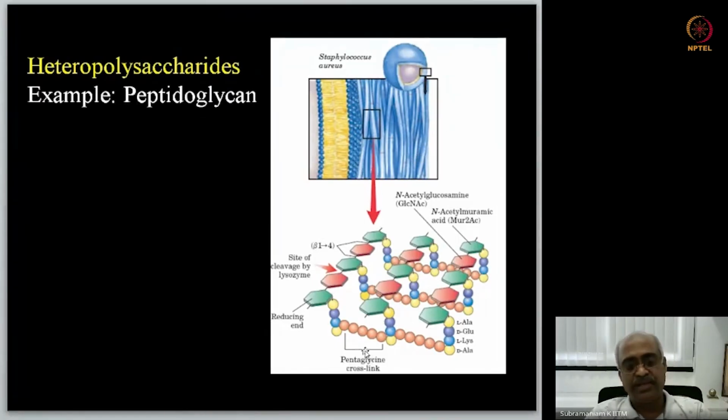In gram-negative bacteria, instead of pentaglycine, these amino acids are directly joined, like this alanine is joined either to the lysine or to alanine, and so on. So this is one of the important heteropolysaccharides, and it is important in studying many bacterial infections as well, because some of the drugs are focused on destroying these peptidoglycans. For example, lysozyme, which is